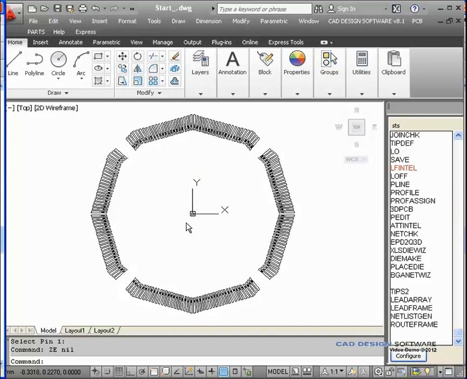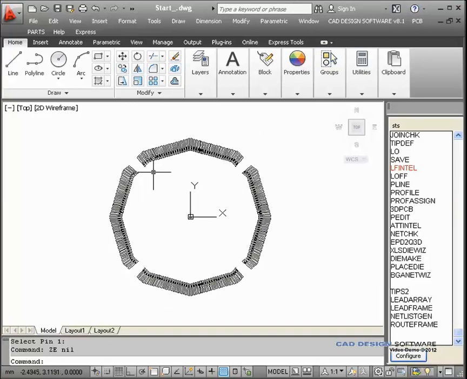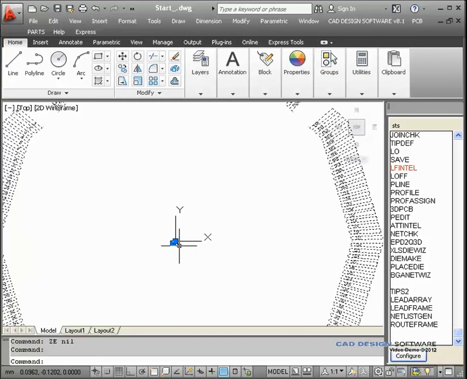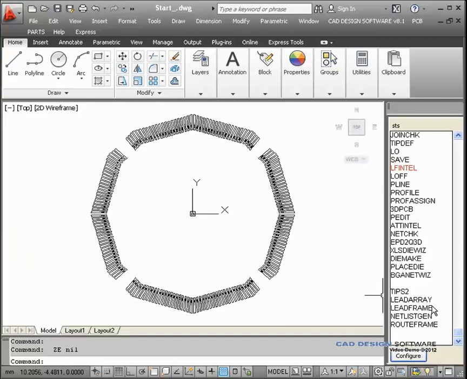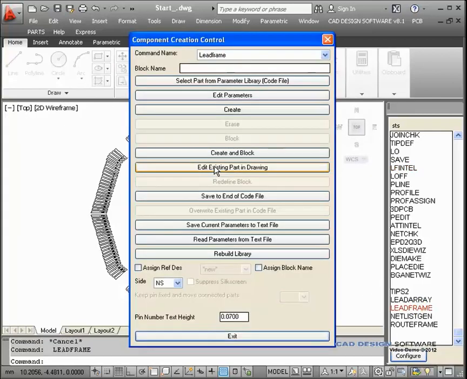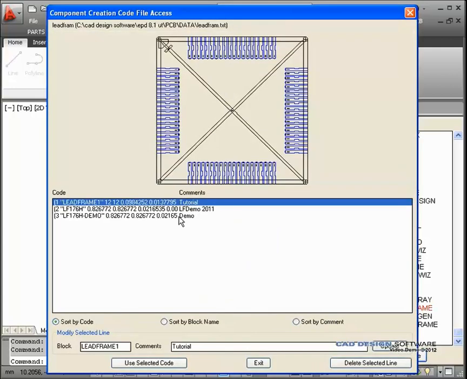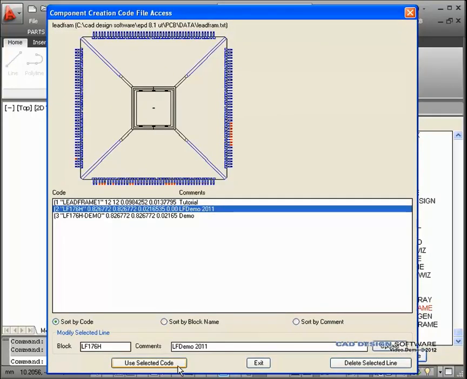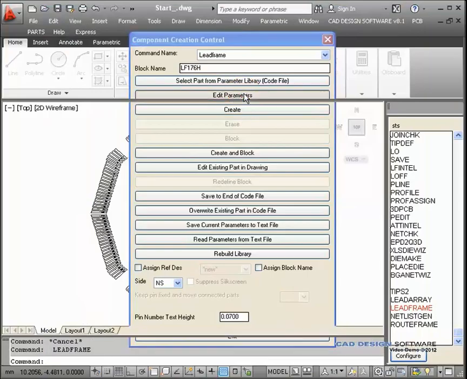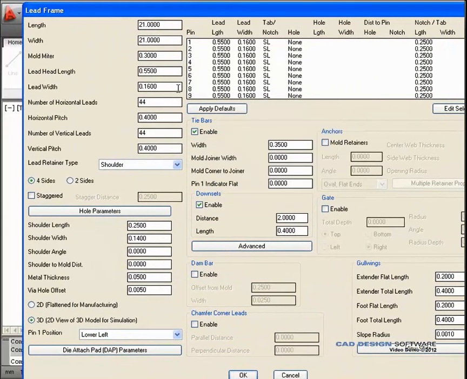Next we'll create the gold wing patterns. Now that we have our L1 part, we'll run the lead frame command, and we'll use a pre-designed layout from our library. If we were to edit the parameters, we could change the length, the leads, size and shape, different retainer types